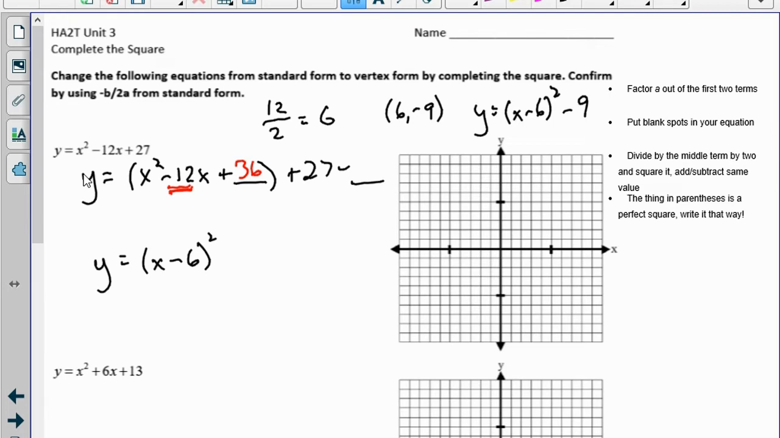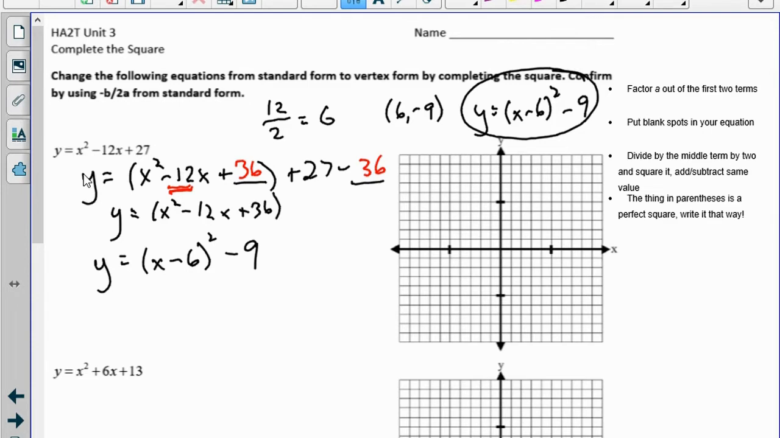So I'm going to add and subtract the same thing. I added 36, so I'm now going to subtract 36. What I end up with is x minus 6 squared minus 9. That's exactly what we thought we would get. I could rewrite this as y equals x squared minus 12x plus 36 minus 9, but I don't need to do that because the whole point of this is to change this